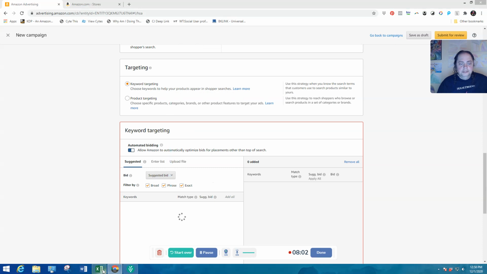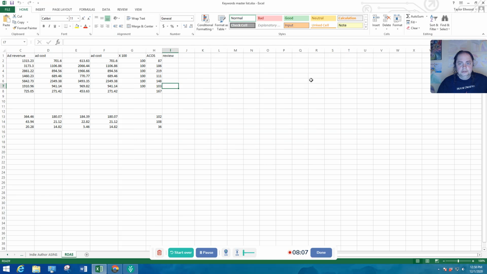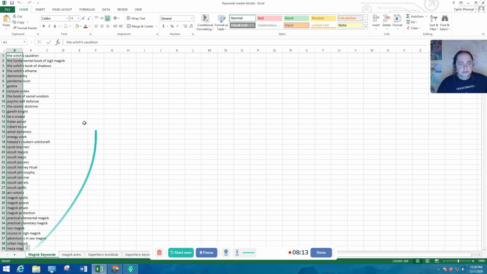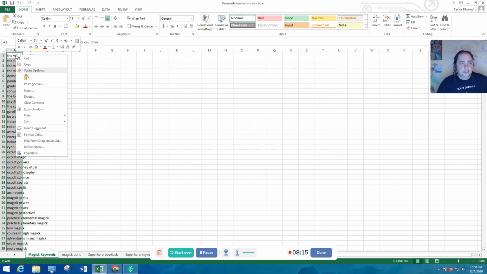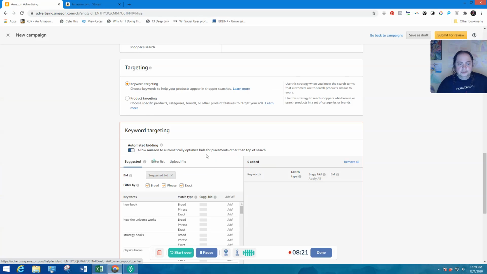So in this case, we're going to go over to my Excel sheet, and I am just going to lengthen this because it's going to make it easier to find what I want, and go over to the magic keywords. And they're already nice and highlighted. I'm going to copy them, and I am going to go back down to here. So now what I'm going to do is click Enter List,